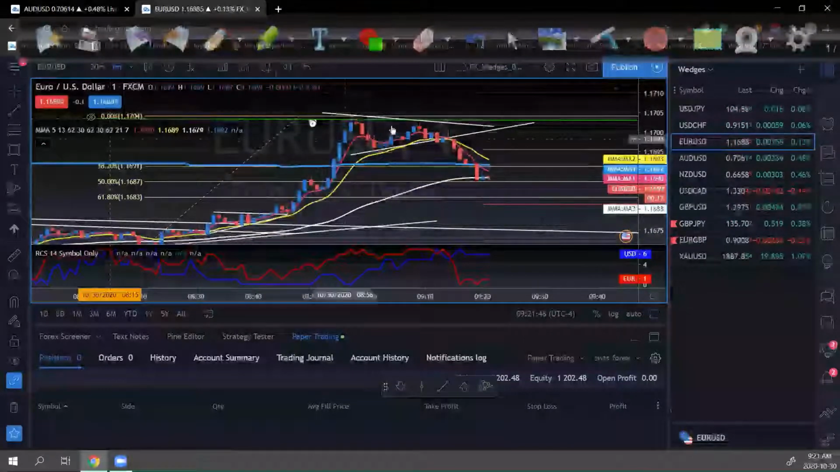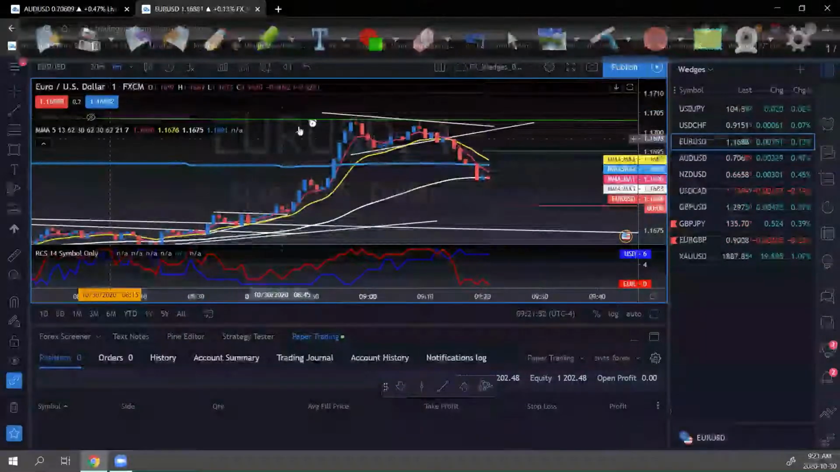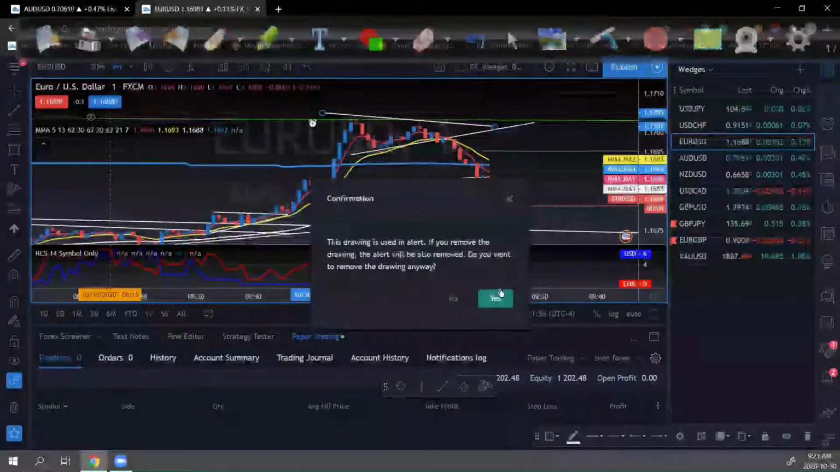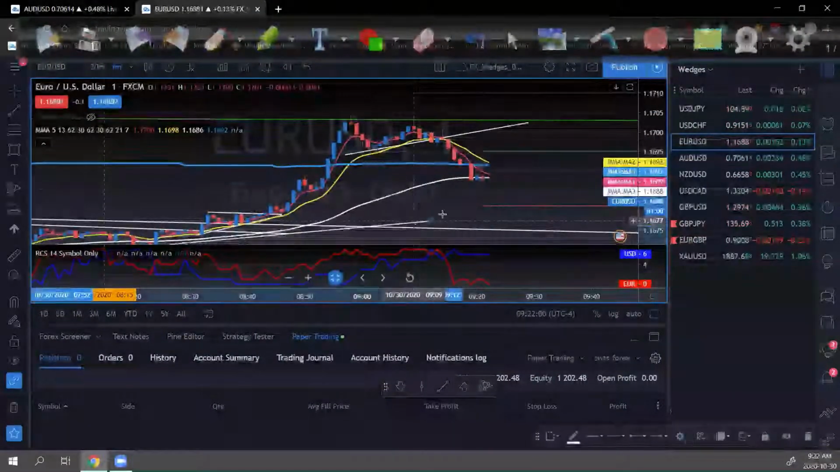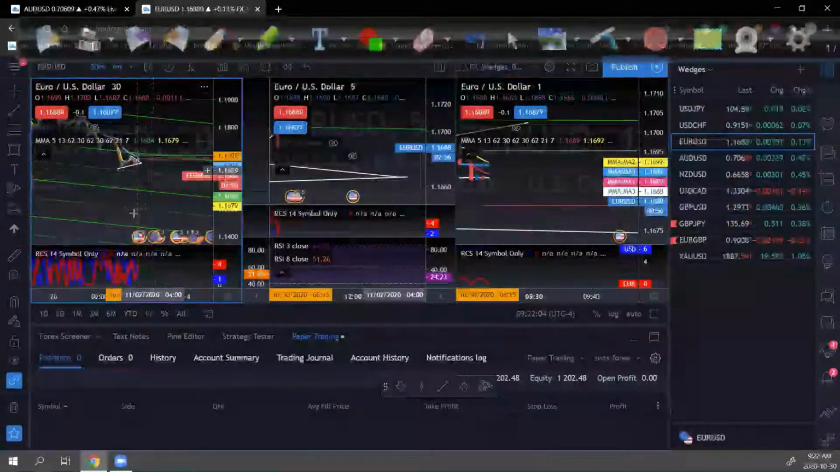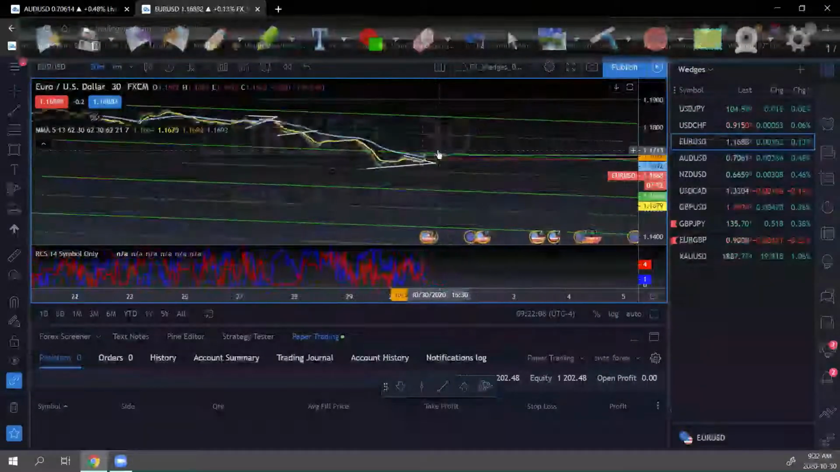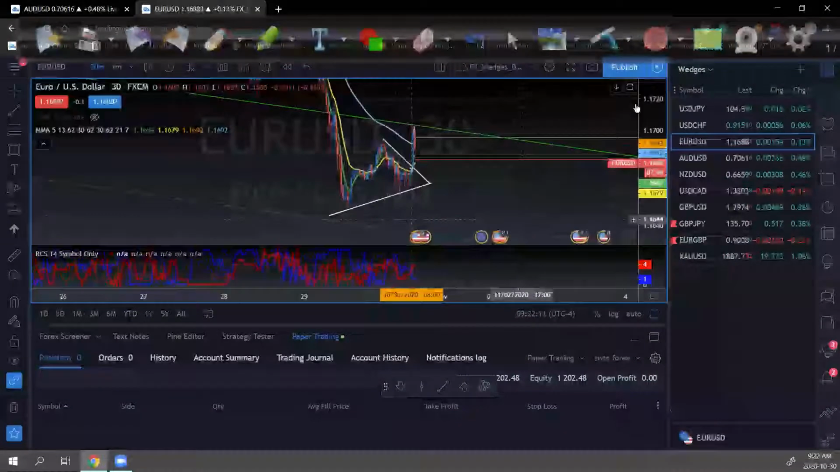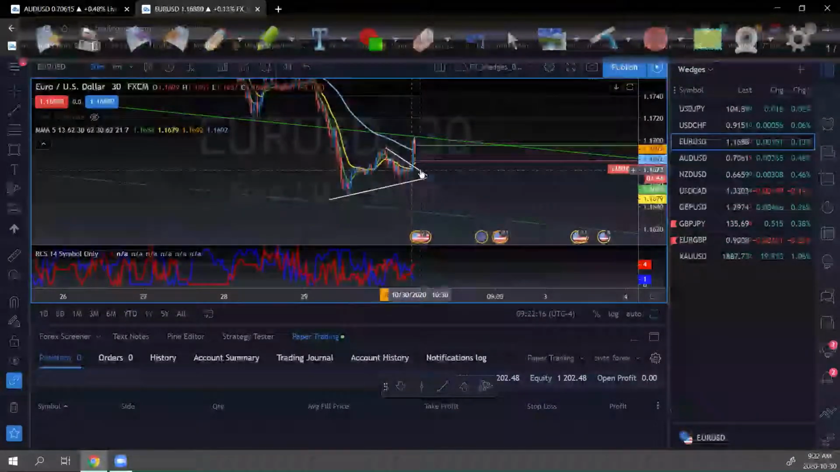Let's see if we can find a trend line at the bottom. How about that? Let's drop this one. Yes. And let's drop this one. And now let's find ourselves this is